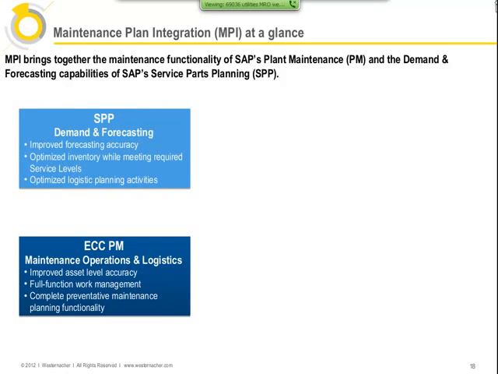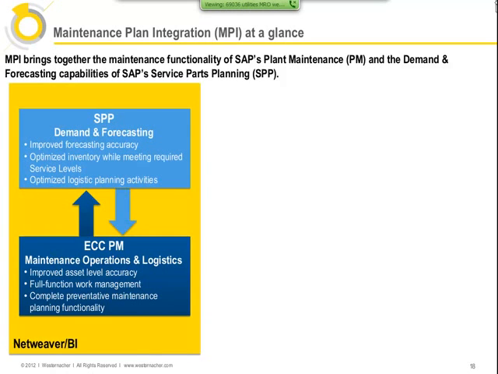As far as the SPP and the demand forecasting, we're still utilizing all the benefits of the forecasting abilities of the unscheduled maintenance, and I'm going to get into that differentiation in a minute, in order to optimize your inventories and still meet your service levels for both unscheduled as well as scheduled maintenance. We're tying these together as far as the data interchange in the standard NetWeaver system that's included in the SCM interchange, so we don't have any special interfaces that we're going to need to write in order to have this information transferred between the systems.